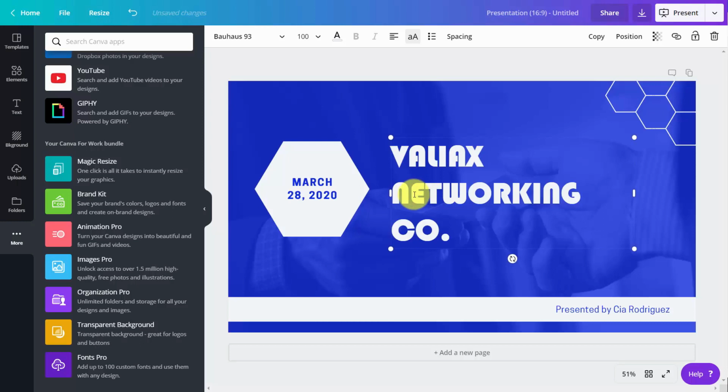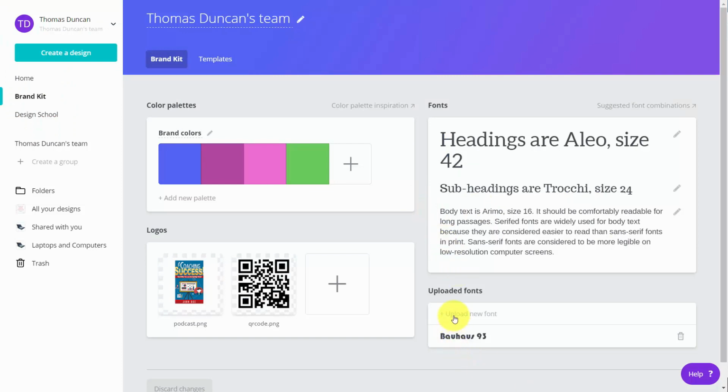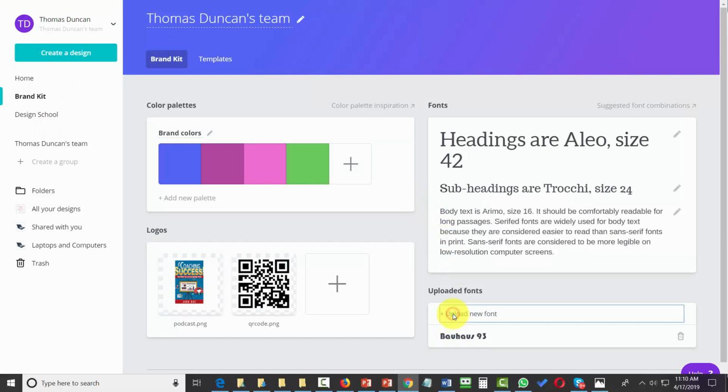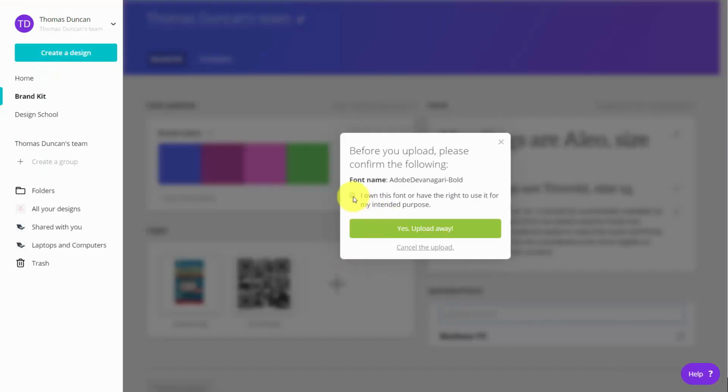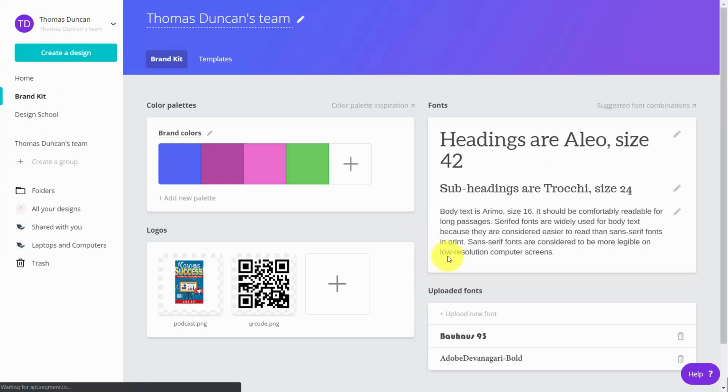If we want to upload another font, all we'll need to do is to go back to our brand kit. We can then go to this area that says upload new font. That's going to look to our hard drive. You'll then need to do the disclosure and then say yes. And then any other fonts that you want to have available to you. Once you have the fonts in your brand kit, what you can then do is you can go back to your design,